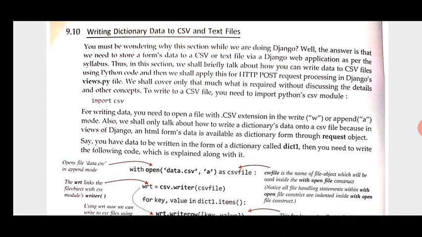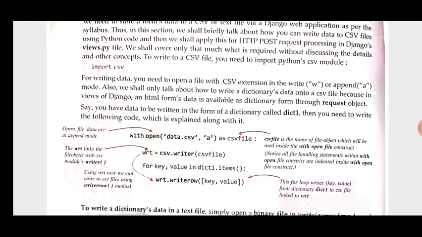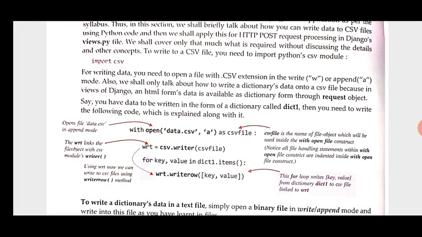For writing data, you need to open a file with the .csv extension in write mode or append mode, then only can we write. Here we can see: with open data.csv comma a as csv file. Here with open is the keyword, and we are opening the data file in CSV format.